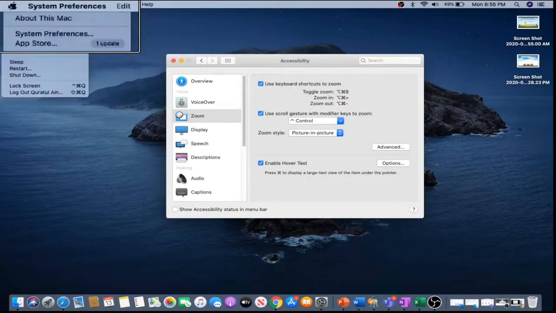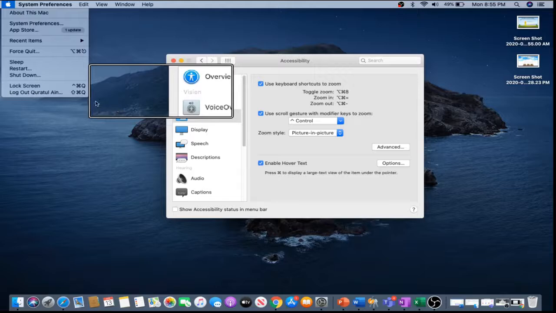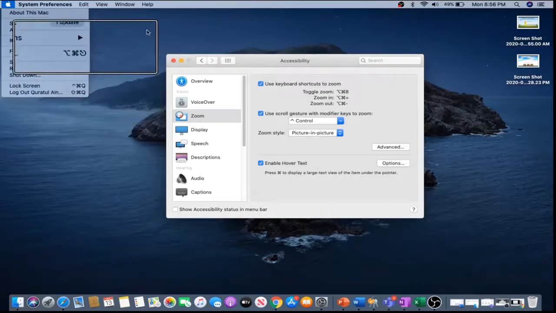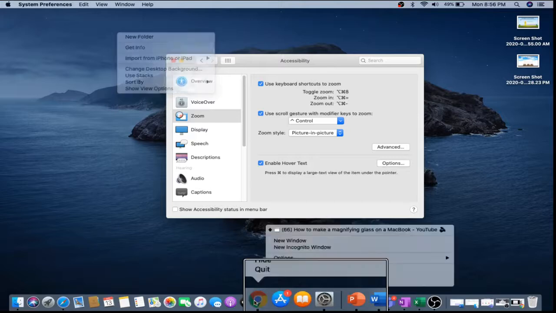It's a very helpful tool if you connect your laptop or mobile with a LED, or if you are working on a Mac a little far away, sitting on a sofa or couch or in bed, so you can easily read. I'll show you an example.